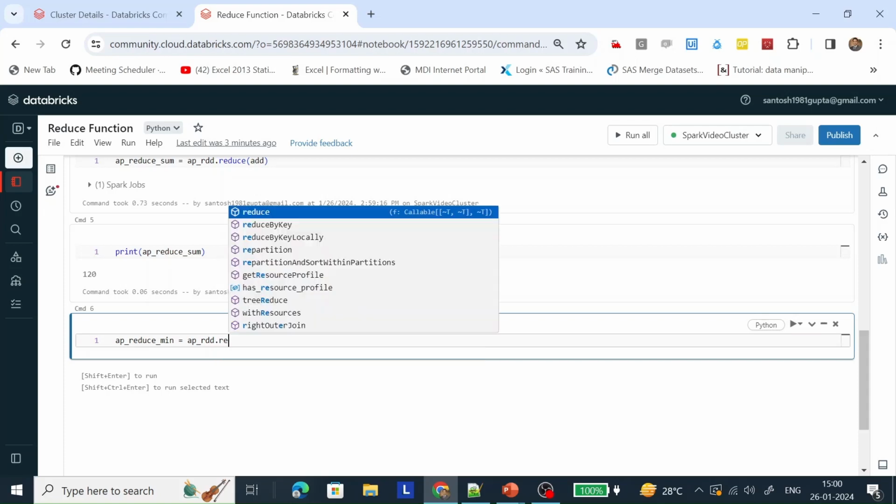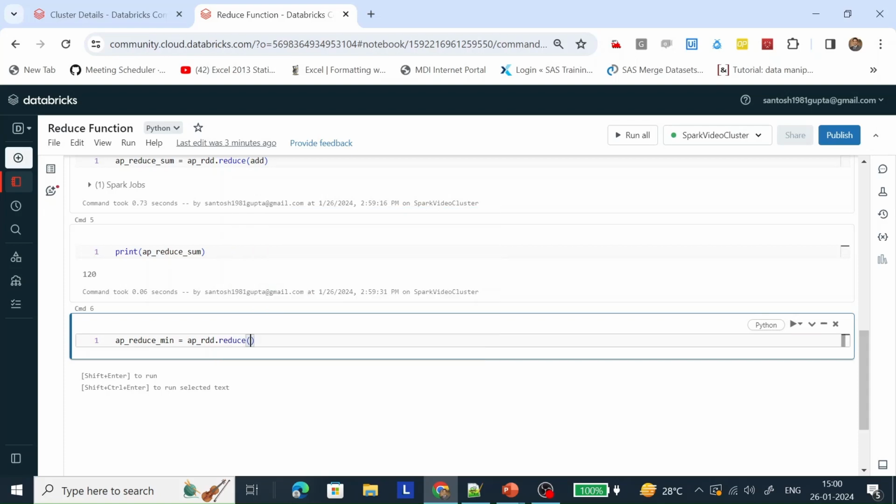Let's call the reduce function, and in the reduce function I am creating a function with the help of a lambda and passing two variables as input. One is AP smallest and AP current,